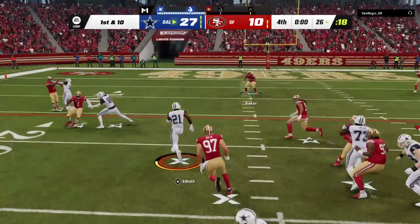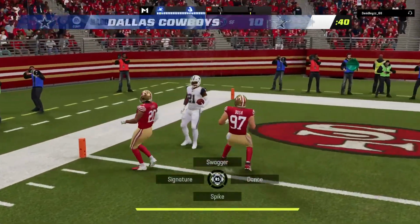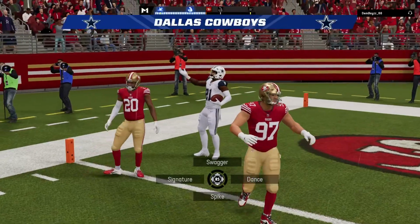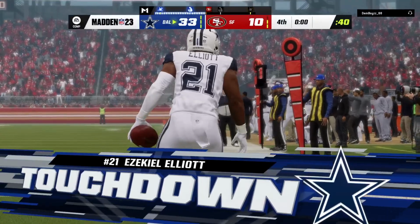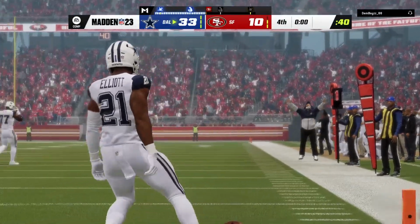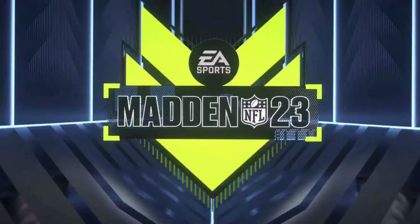The give is to Elliott. And he takes it in for the score on the game's final play, so it doesn't affect the outcome, but a little whipped cream on top to their ending. Or as our friends in Bayou Country would say, that's a little lagniappe, a little extra on top. Well, this was...